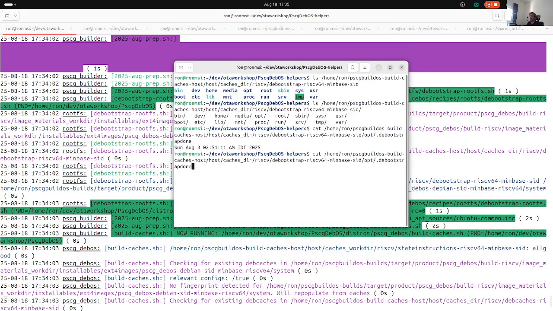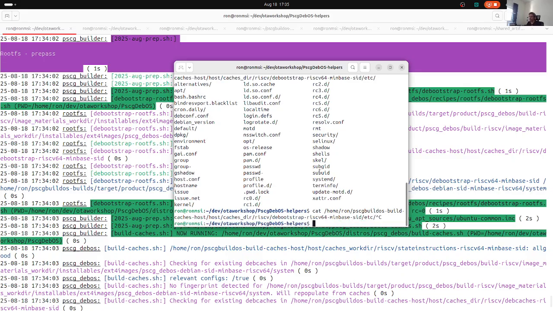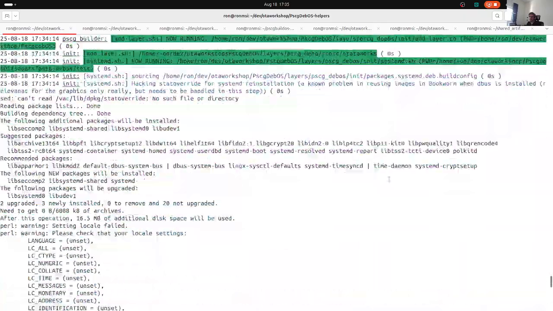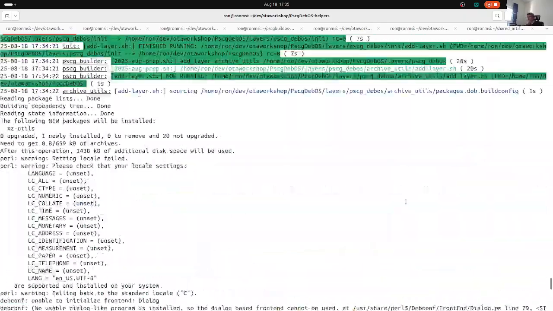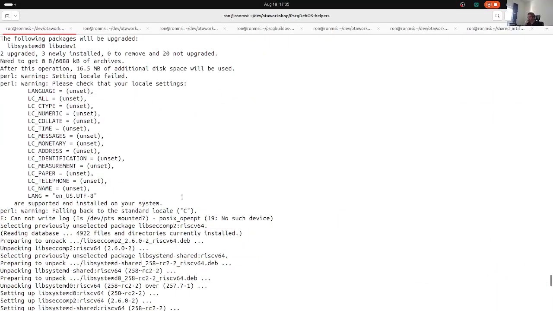If I look at where it failed, and by the way, a lot of times it will fail because systemd wants to do configure tasks on a system that is actually running, or all kinds of tools can be like that as well. So here we don't have the machine ID on the first one, so it will be populated the first time by systemd. So on this it should not fail. But honestly, I didn't even look at it, so I don't know. But let's see. So yeah, we definitely passed that phase,